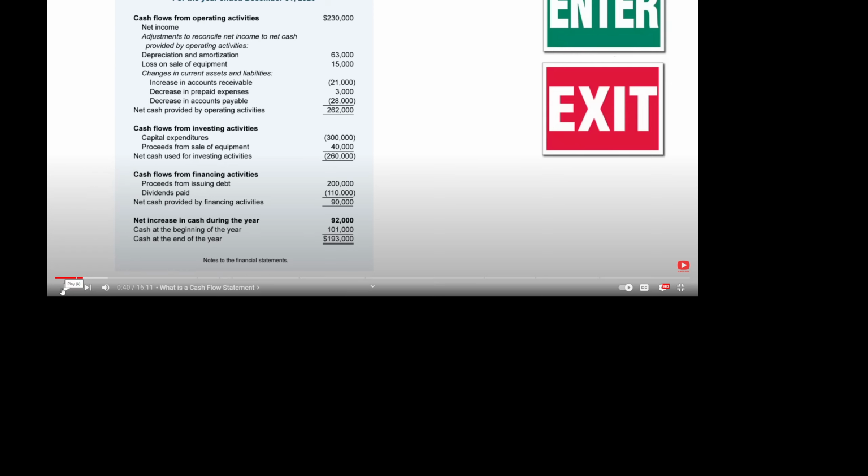However, when the company pays back the money that it borrowed, it is a cash outflow and shows up as a negative number. So now that we understand how the cash flow statement is laid out, let's go line by line of a real company's cash flow statement and talk about the important things you as an investor need to